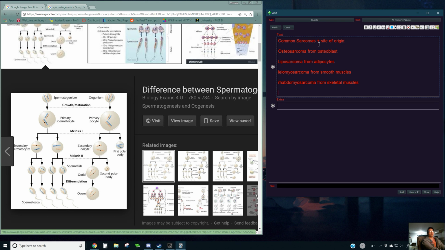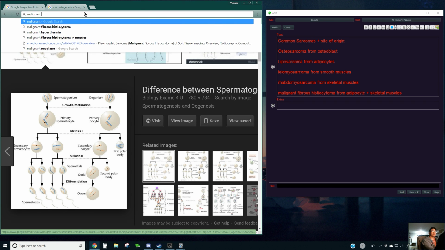Rhabdomyosarcoma. What's next? Malignant fibrous histiocytoma from adipocyte and skeletal muscle? I want to check that out actually. Malignant fibrous